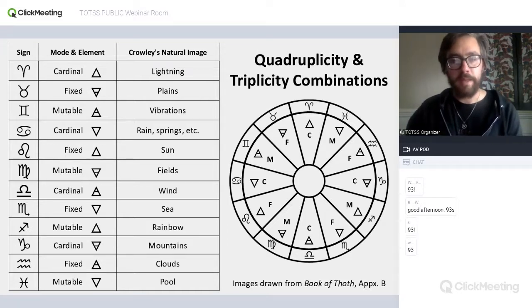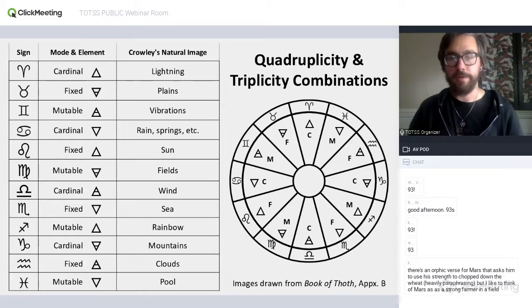But you also find it in the appendix of the Book of Thoth, where he has a different natural image for each one of the quadruplicity and triplicity combinations. I like some of these more than others, but I'm just going to present Crowley's here. And I think this is a great exercise, to come up with your own images, just as a way of starting to get at this logic of combining triplicity and quadruplicity.